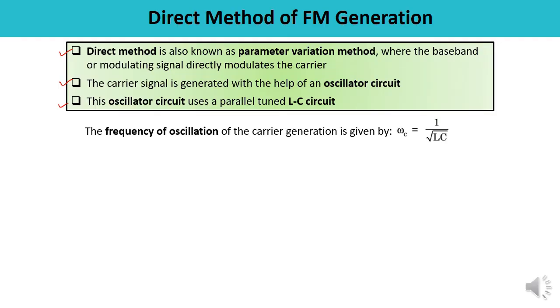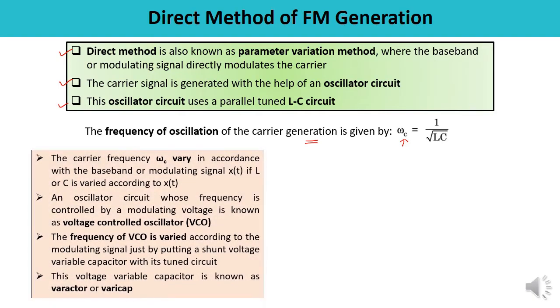The frequency of oscillation of the carrier generation can be calculated by omega c, which is equal to 1 upon under root LC. So you can make the carrier frequency, which is omega c, vary according to the value of the baseband or modulating signal, if the value of inductor L, or capacitor C, is varied according to x(t), which is the modulating signal. So the carrier frequency, as I have told you, can vary according to the baseband or modulating signal